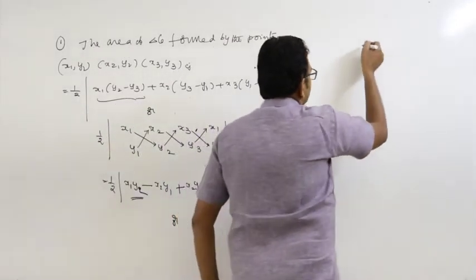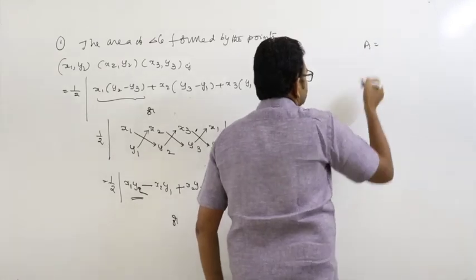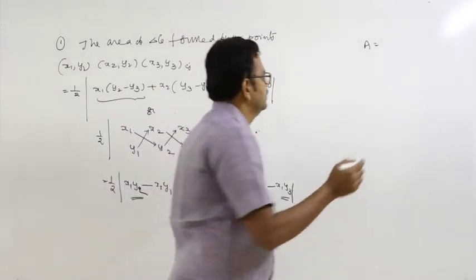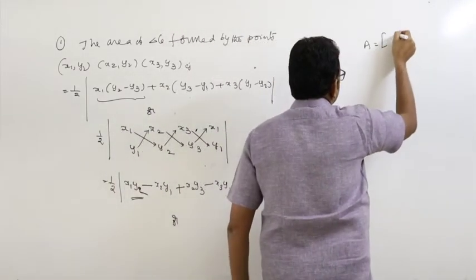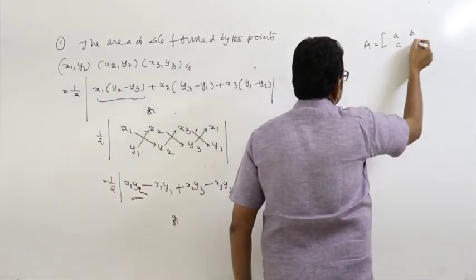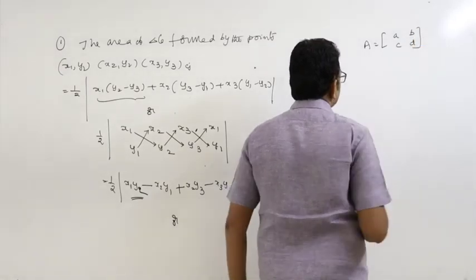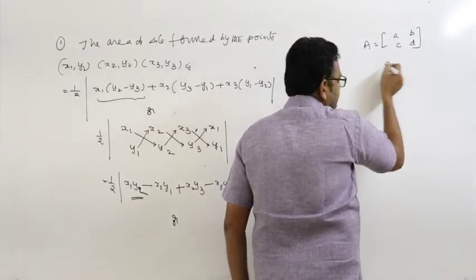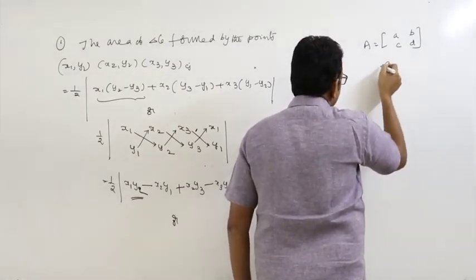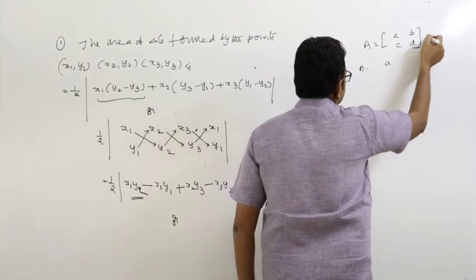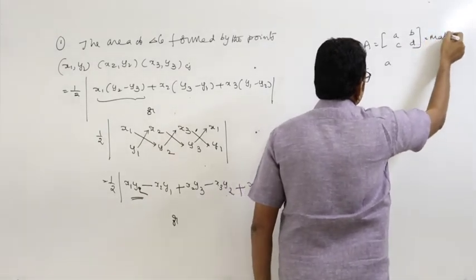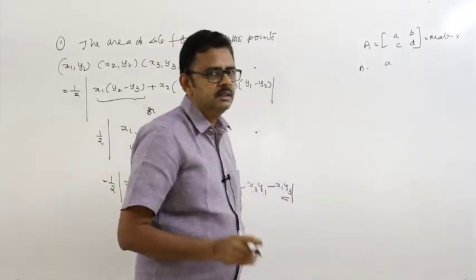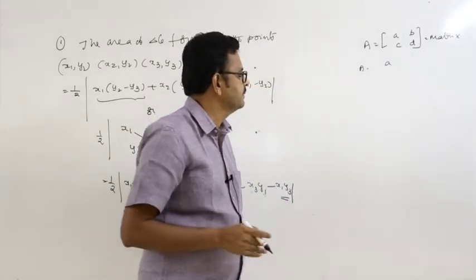Or, in 10th class you don't have matrices. In previous years the topic matrices was there. Now we don't have matrices. Just simple. Suppose A is equal to this, A, B, C, D. This is called a matrix. You forget about this one. Simply, you don't have matrices. Just remember only that one point.